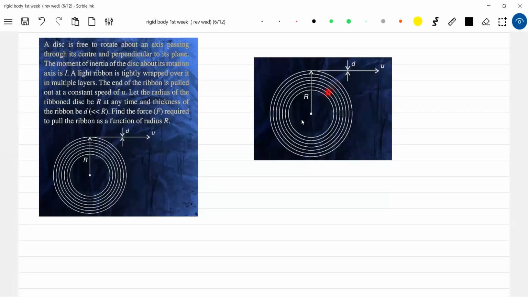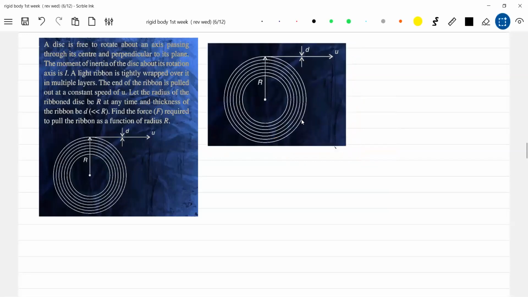So is this R constant or variable? It's variable. This u is constant. So what is u equal to? In general, we say u equals R omega. So both R and omega are variable. So let omega be the angular velocity. Both r and omega are variable, and if we write u equal to r omega, and this u is a constant, so du is equal to